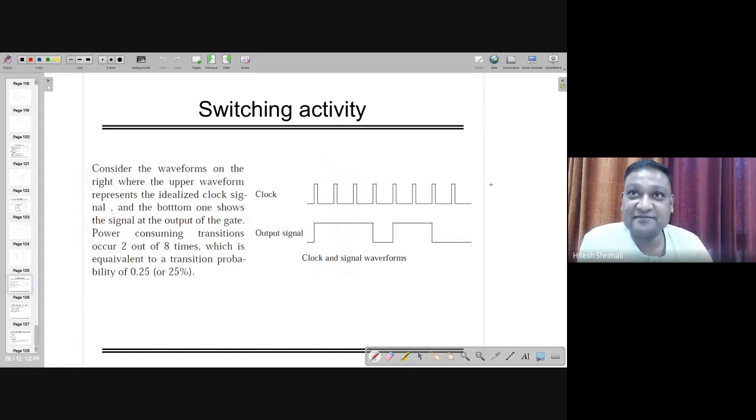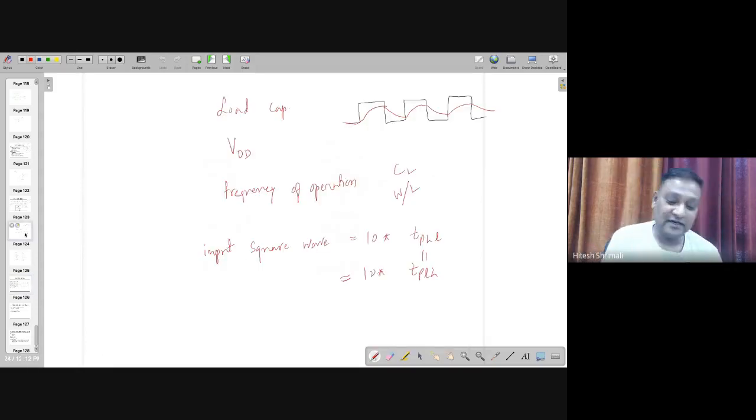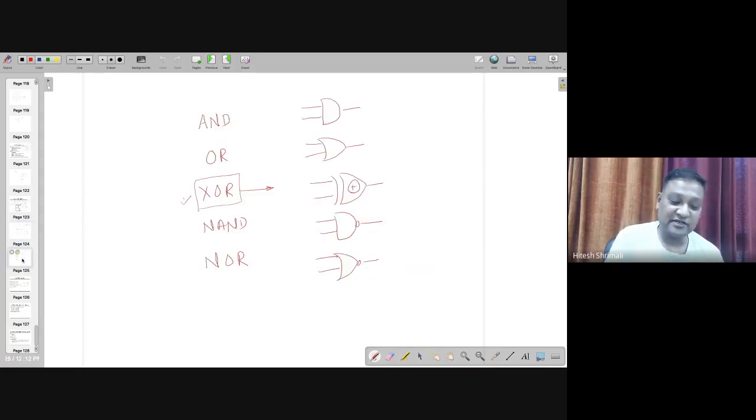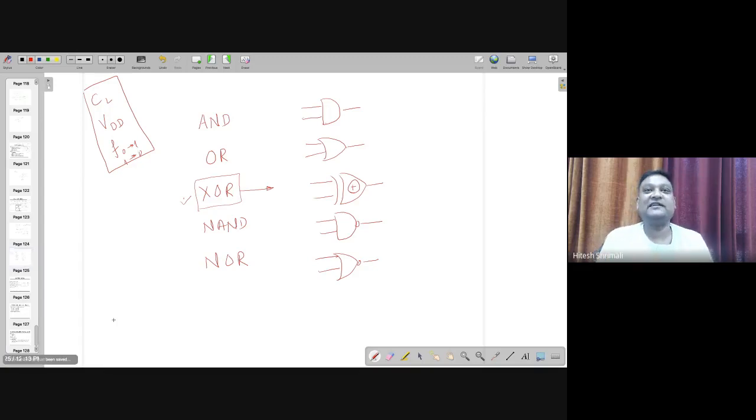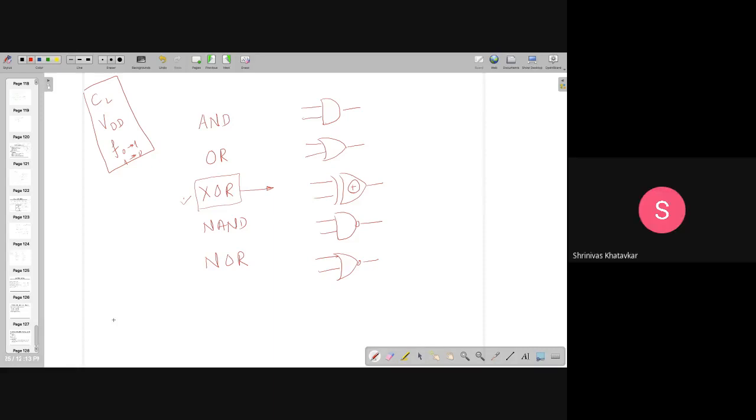Switching activity. Look, we have to understand one fact that power consumption depends on three things: CL, the load capacitor, VDD, and frequency, going from 0 to 1 or maybe 1 to 0. All of you agree on this, right? So tell me in terms of these three things. We are engineers, so you have to give the answer in terms of these. So CL: XOR could require more transistors, therefore CL could be greater.